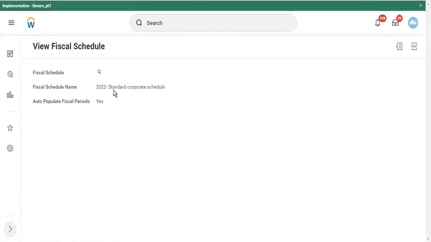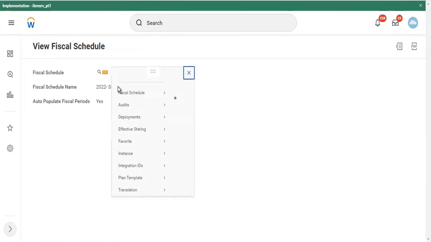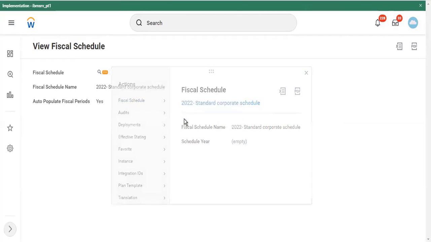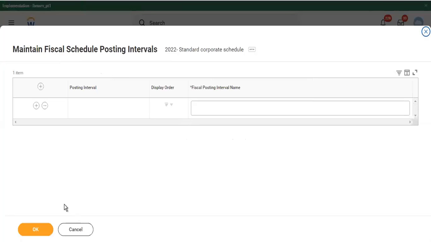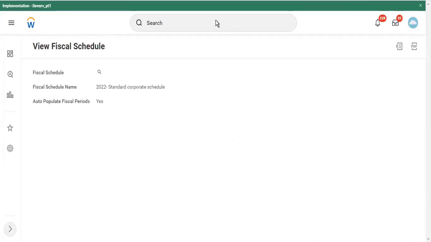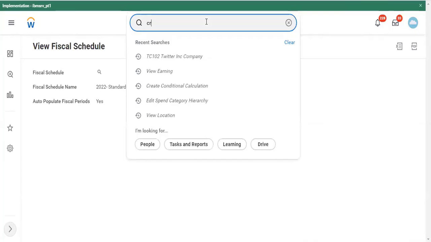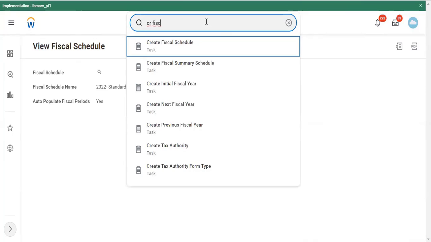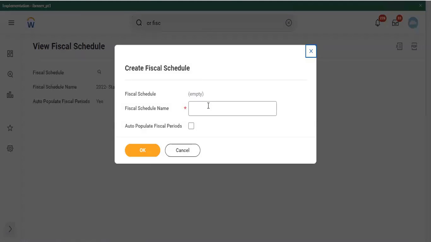Okay, so this is standard corporate schedule. If you look at this, we go to this maintain posting intervals. It's not there. Let me show you this, because there's a task called create fiscal schedule. Now you have to give it a name. I'll give a dummy name here, okay? We'll go one by one. So first of all, you give a dummy name. Let's say dummy